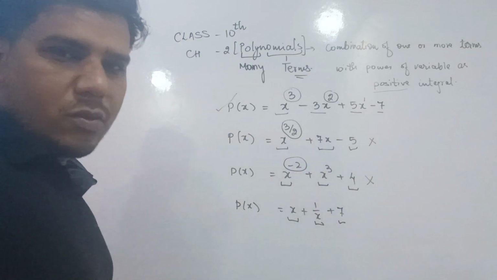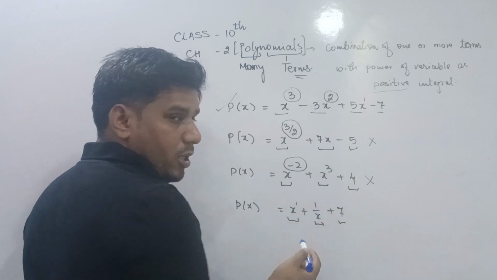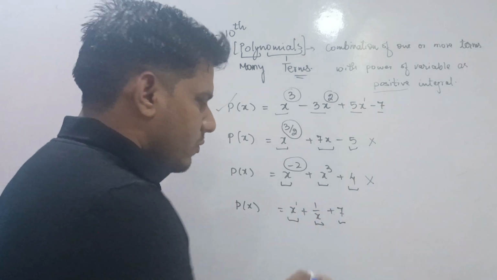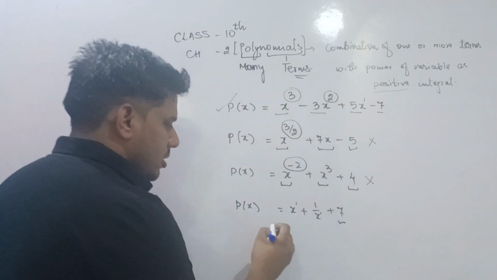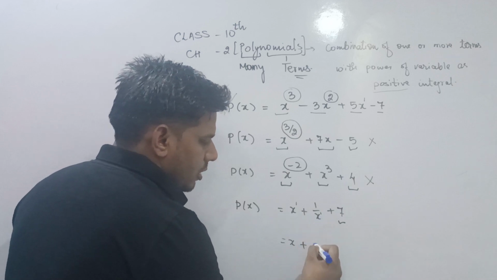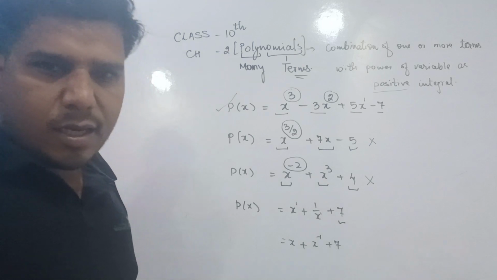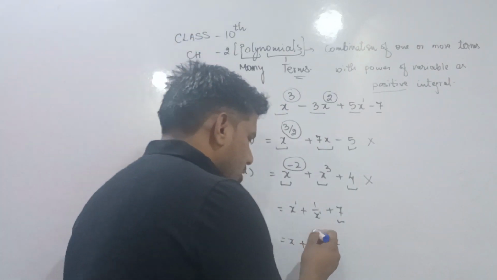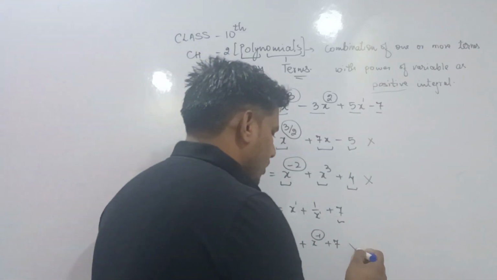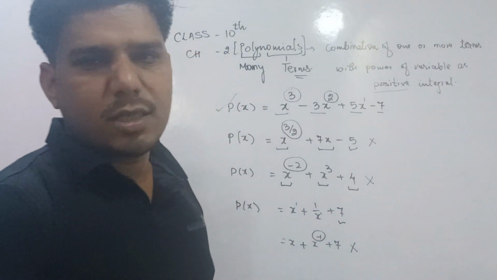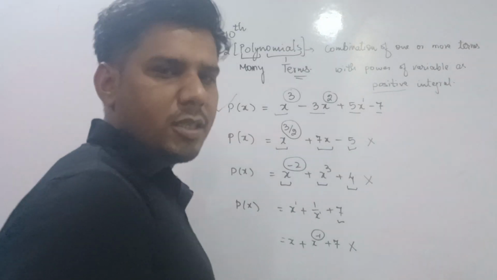If we look into the fourth one, here we can check the power of variable as 1, and in the second term it seems the power of variable is 1, but if we simplify this, then we can write it as x plus x raised to minus 1 plus 7. By the law of exponent we can write it as x raised to minus 1, and minus 1 is not a positive integer, so it will also not be a polynomial. So here all the last 3 examples are not polynomials, and the first one is a polynomial. I think it is clear to all of you.